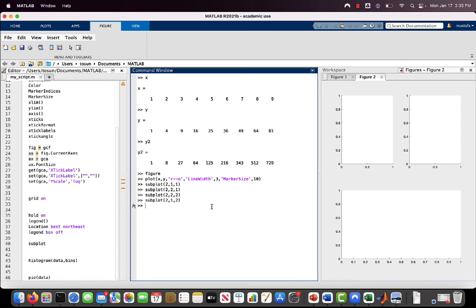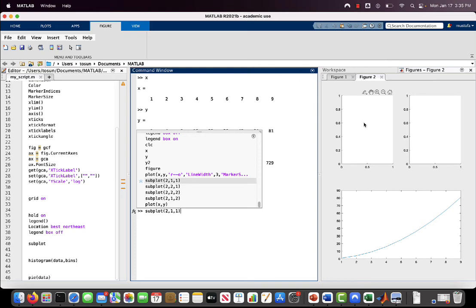And if I write here plot something x and y, it will be plotted here. Why? Because right now I'm in 2 by 1 and the second part of the 2 by 1 figure. If I want to draw the first one again, which is the first one of the 2 by 2 figure, then I need to use subplot 2 by 2 and the first one,